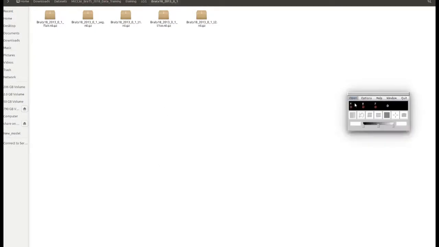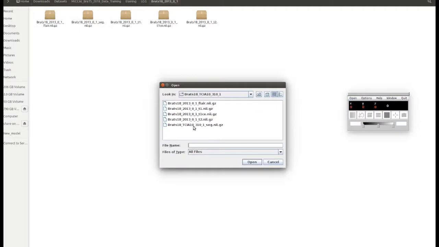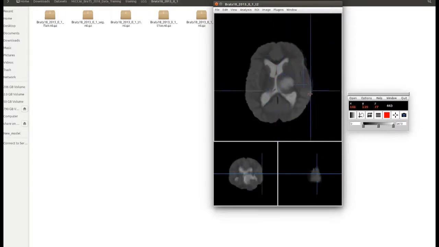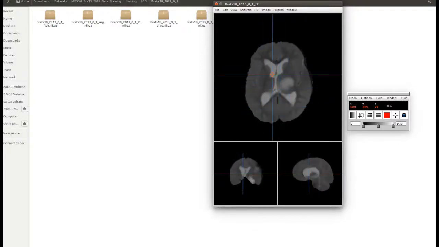I'm going to open one of the images. First I'll use the T2 image. These images are in 3D format, and you cannot visualize or open them without special tools. So let me show you how these images look, and you can just drag it down and see the brain portion. It's really important to locate the tumor portion, which, as you can see here, is the tumorous portion.